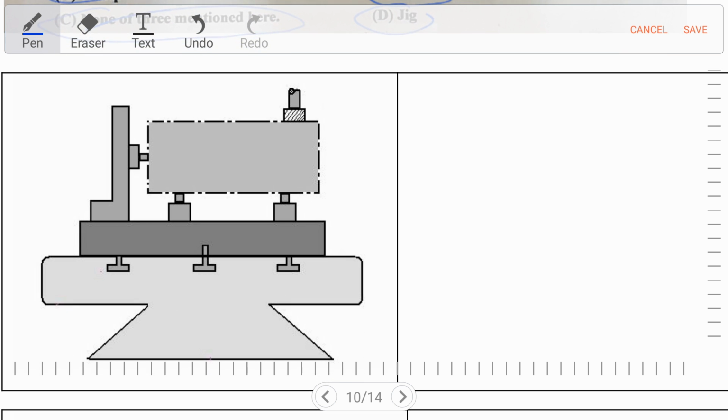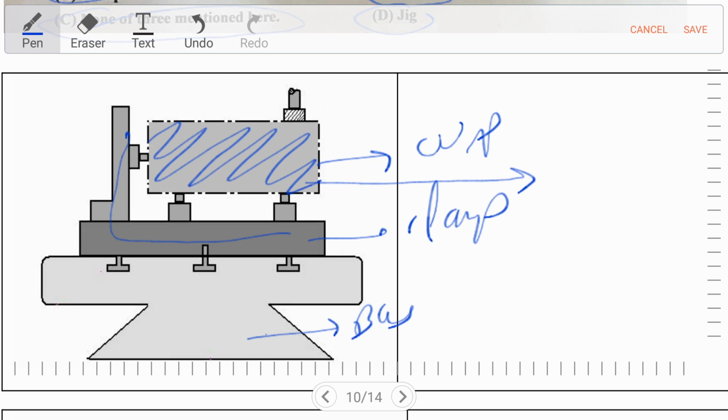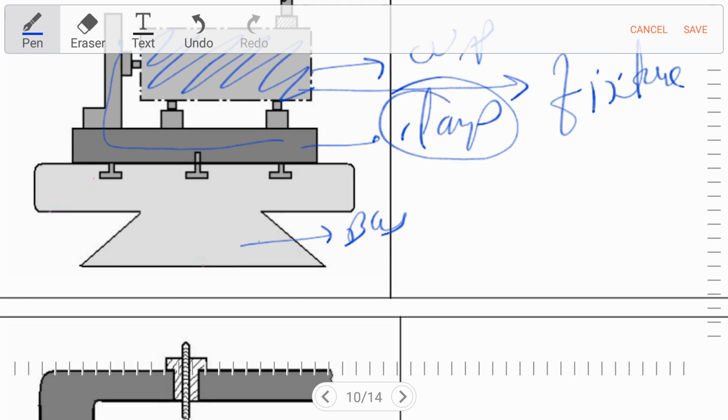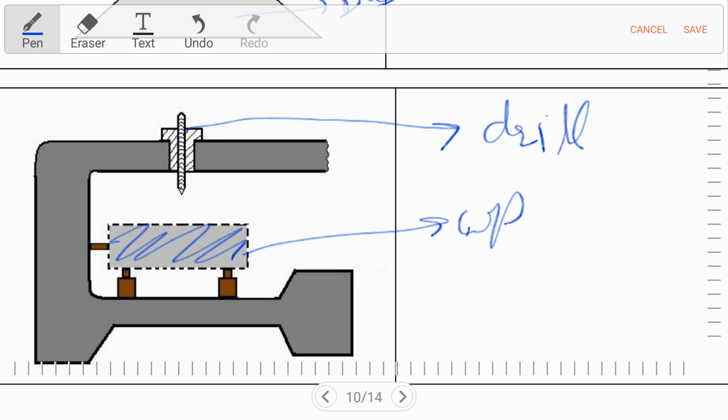First of all, let me explain what jigs and fixtures are, the basic difference. The shaded area is our workpiece, and this is our base, and this portion is our clamp. Now over here we can see only the workpiece is available and the clamp is holding the workpiece only. So this is the example of a fixture, keep in mind. And in the figure below there is also a tool. Here the tool is a drilling tool, and this shaded portion is our workpiece, and this is our clamp.